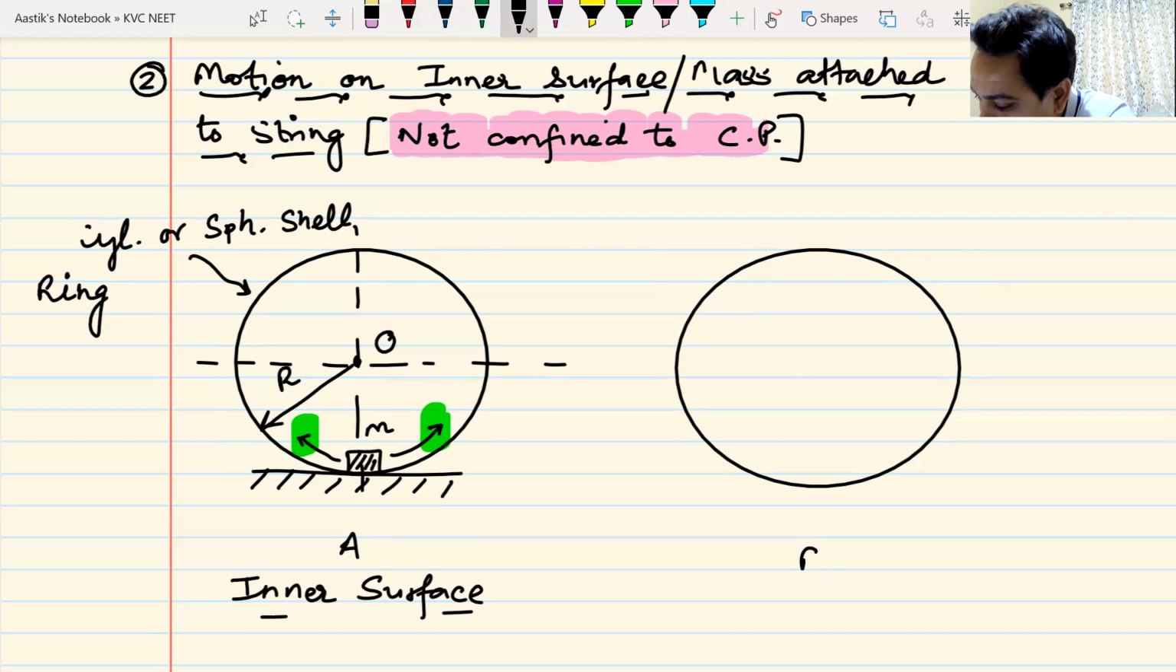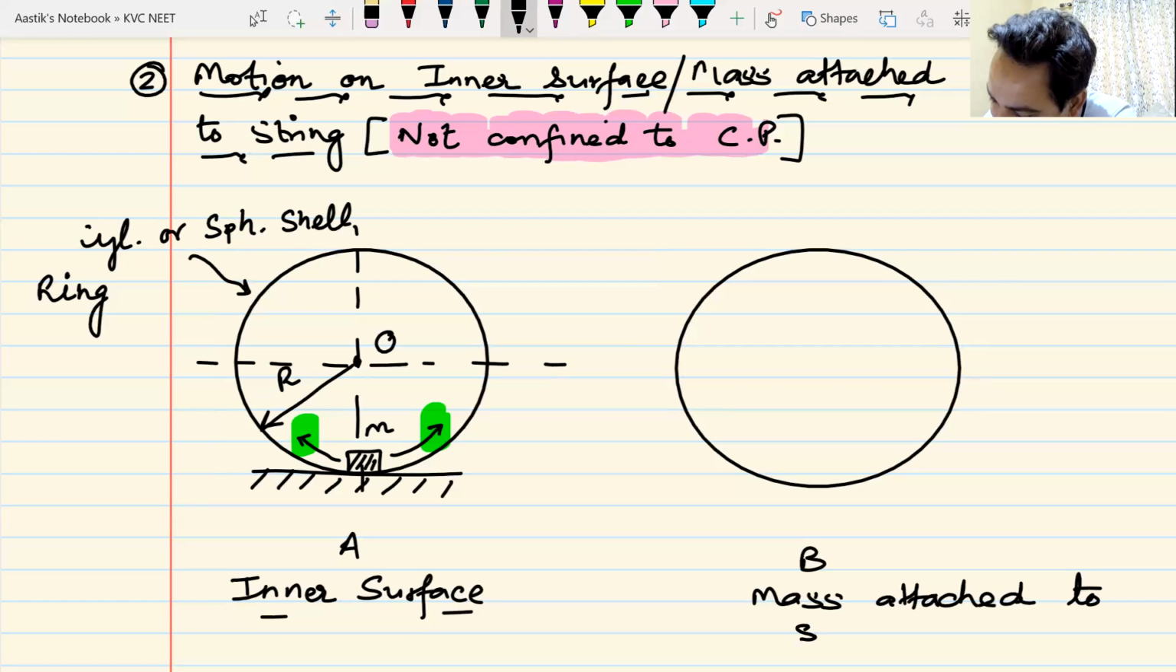Okay, this is point B, mass attached to a string. And listen to what I say very, very carefully, and you will understand what is the difference between the two. Obviously, in the first case nothing seems to be attached. It just kept on the inner surface and it is moving. In this, gentlemen, case number B,